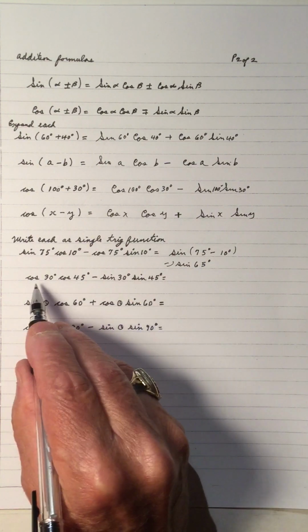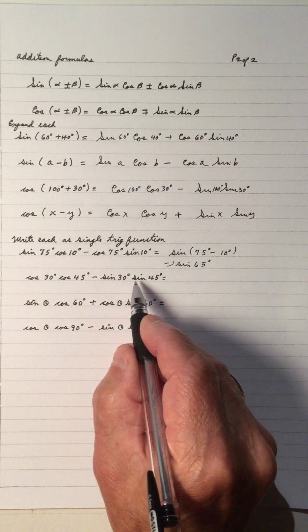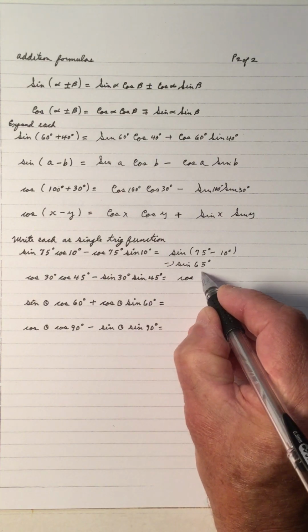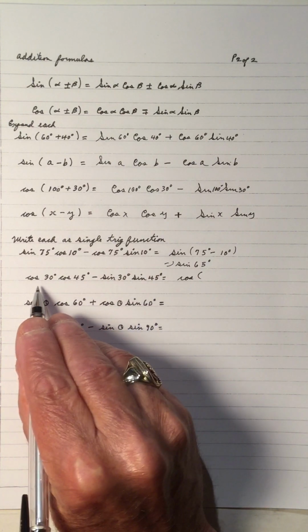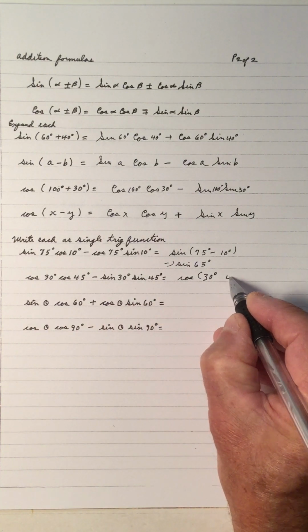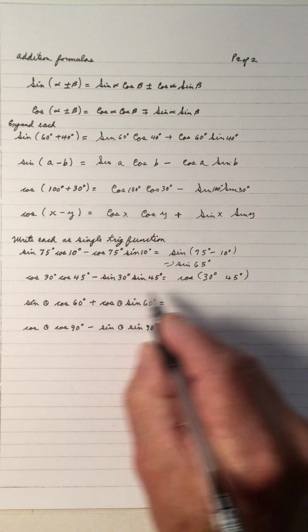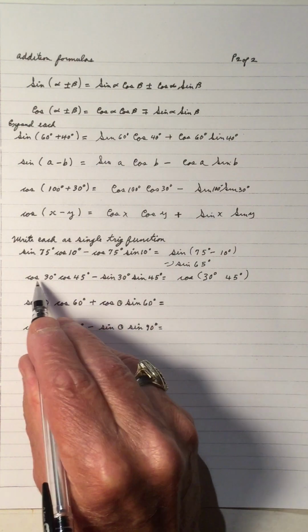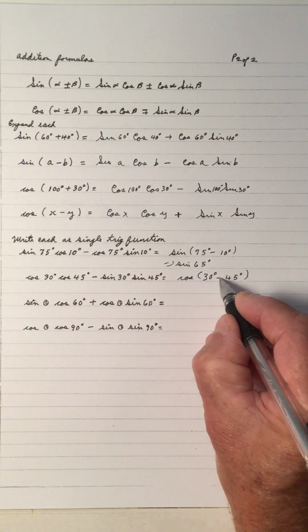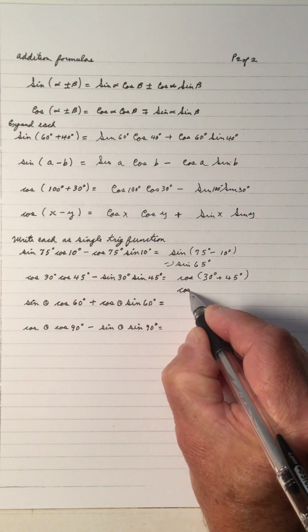Now we have cos cos, sine sine. That is the cos of the angles. And the angles are 30 and 45, so it's 30, 45. And because these are not changed, the cos is the opposite in the order. So that's a minus, so this becomes a plus. So that's the cos of